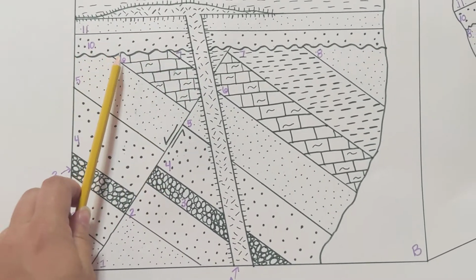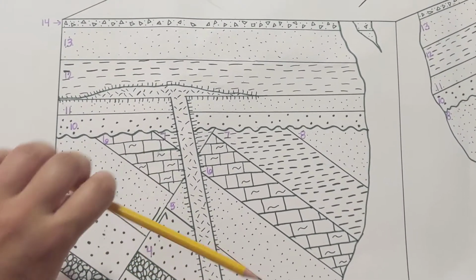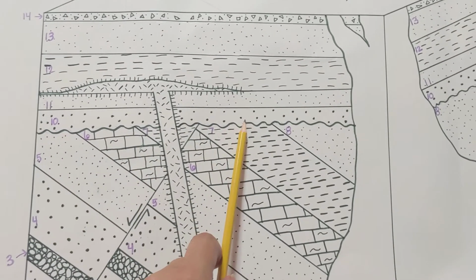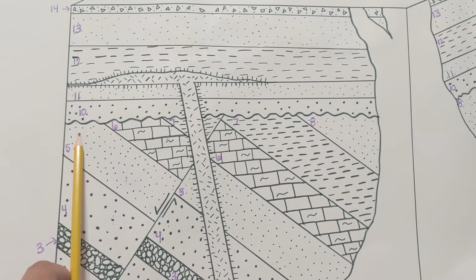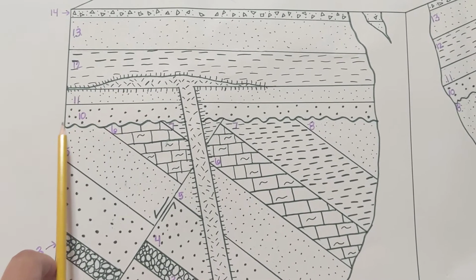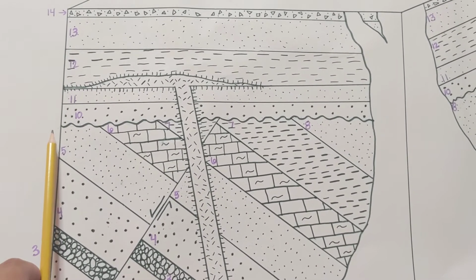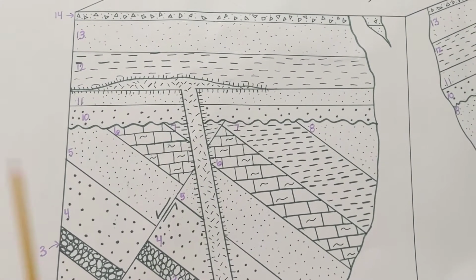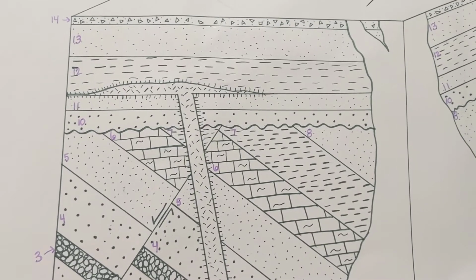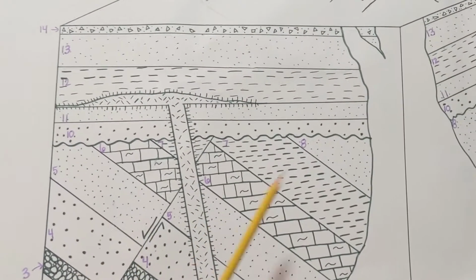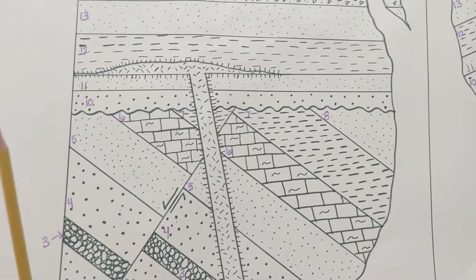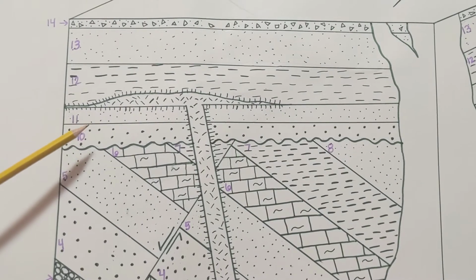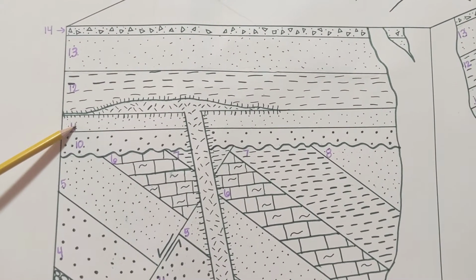Here's an angular unconformity. And this tilting occurred, and then we had a layer get deposited, which is horizontal. So this doesn't line up with this. We don't have a number 9 because our 9th unit, which may or may not have existed, has been eroded away. There's no way we can tell what was there. So we go straight from 8 to 10. And then we have, when we're getting back to our horizontal layers here, coarse sandstone, fine sandstone, and